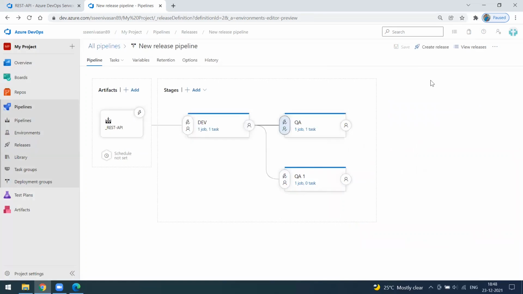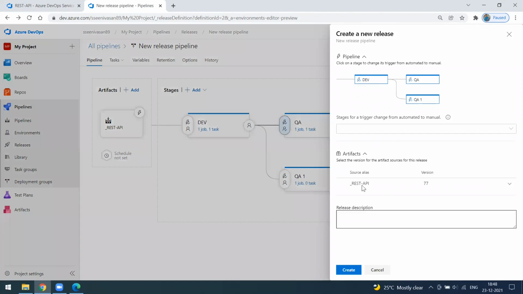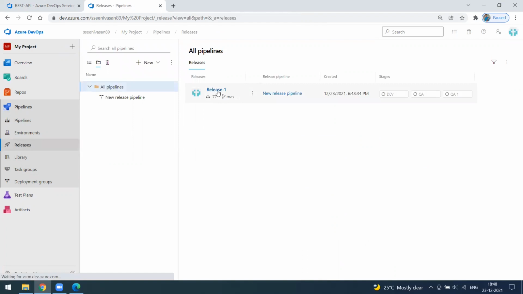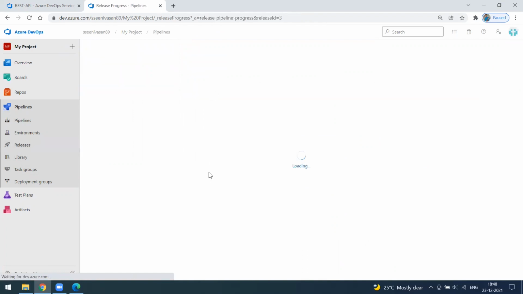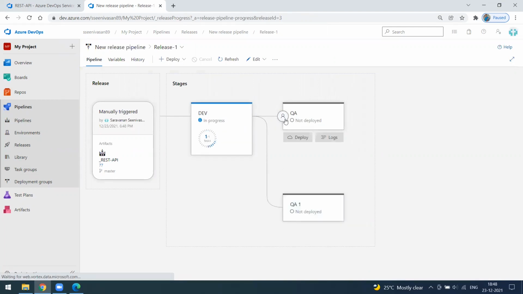Now we'll execute the release. Just simply click on create release. And this is the structure, and this is our artifact, and this is the latest version, right? So if you want to change, we can change it. Let it be the same. I'm just clicking on the create button now. So now you can see release one has been created. You can go to the pipeline tab, and here you can see release one is created, right? So when you click on this, you can see it will start the execution. It is in the queue now. So here you can see this requires the pre-deployment approval, and here it doesn't require any pre-deployment approval since we have added the condition here.